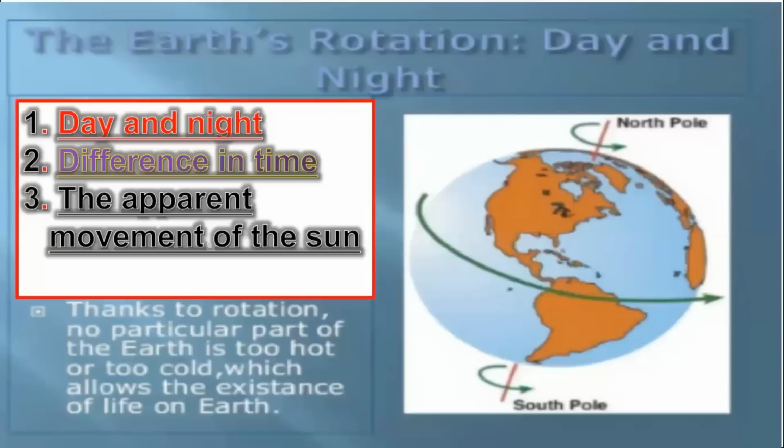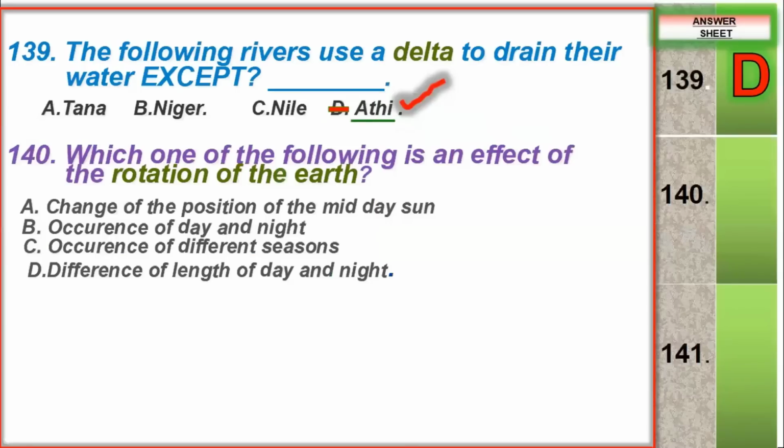So, thank God for rotation. No particular part of the earth is too hot or too cold, which allows the existence of human life. So the correct answer here should be occurrence of day and night. The rest are effects of